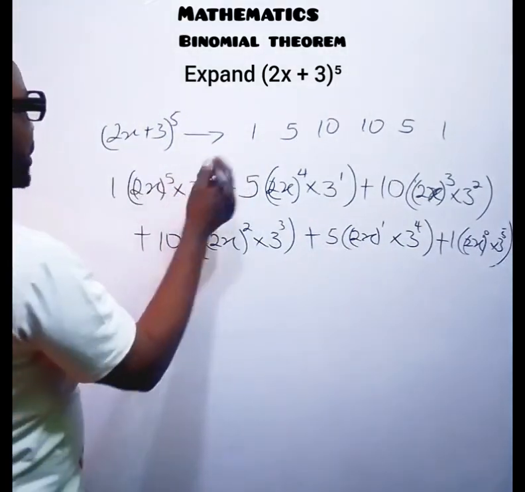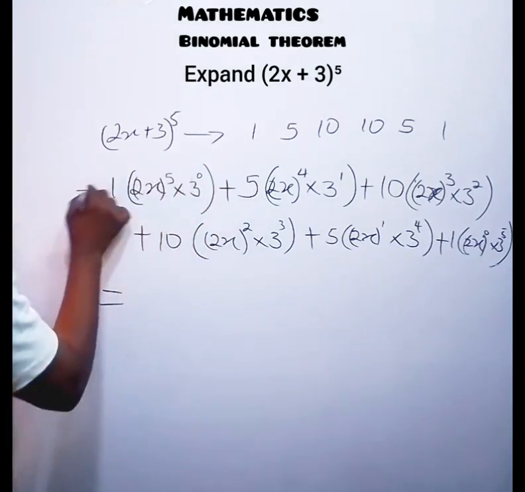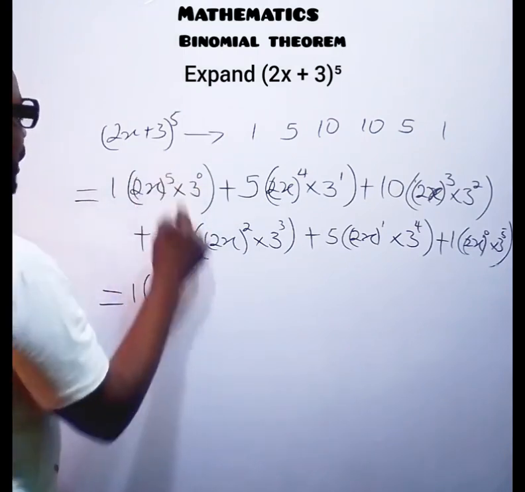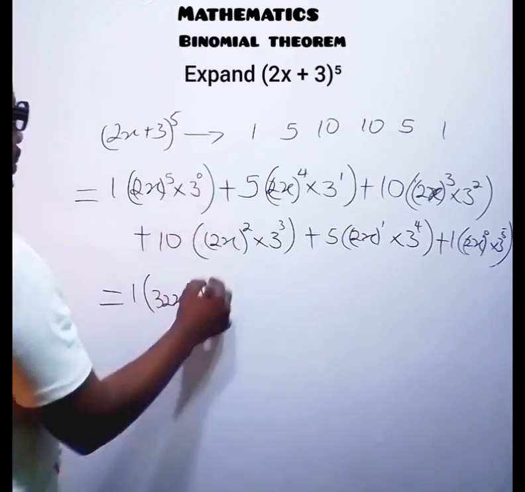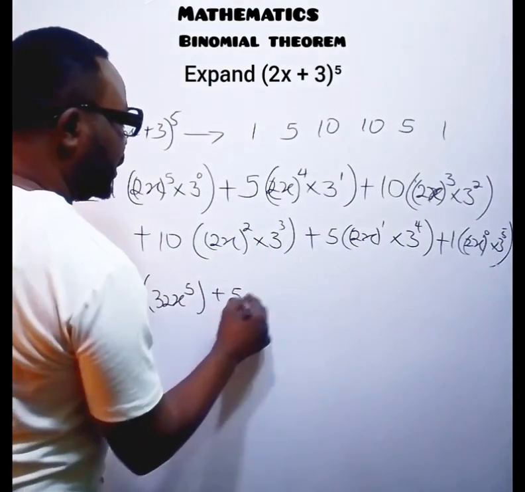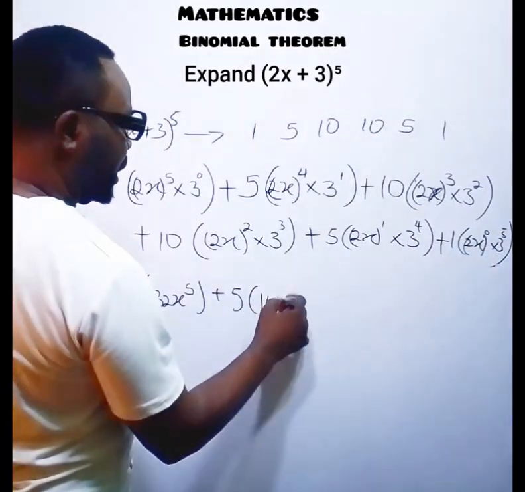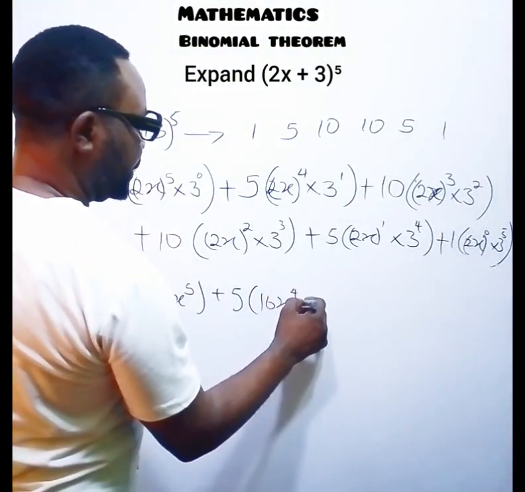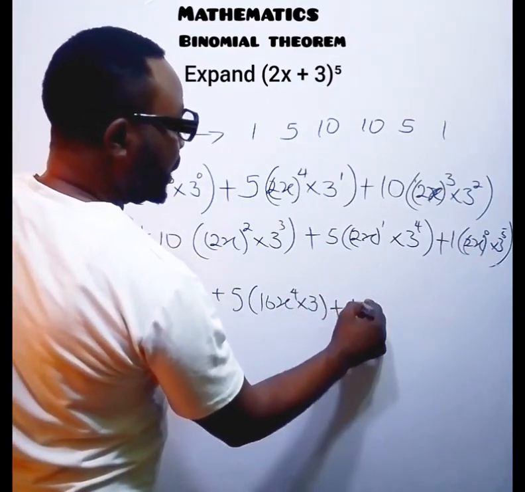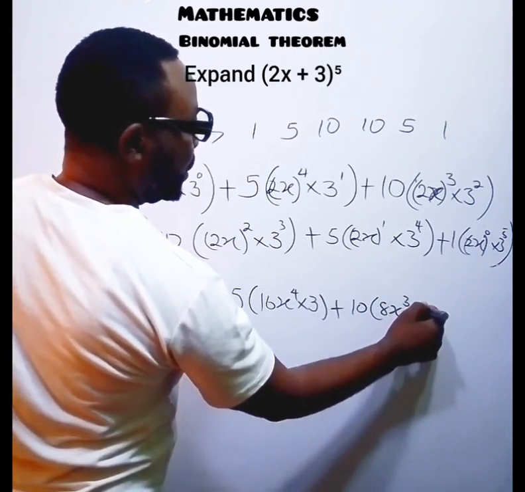Now we are going to do the expansion proper. 2 raised to the power of 5 is 32, and x raised to the power of 5, multiplied by 1, since 3 raised to the power of 0 is 1. I do not need to put it there. Plus 5 into 2 raised to the power of 4, that is equal to 16, x raised to the power of 4, times 3, plus 10 into 8x raised to the power of 3 multiplied by 9